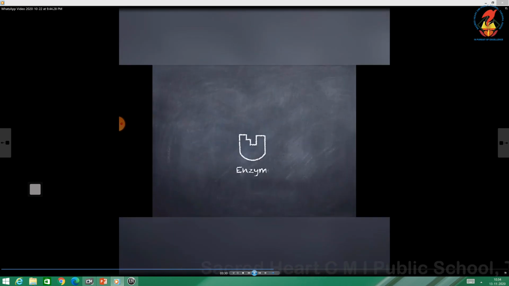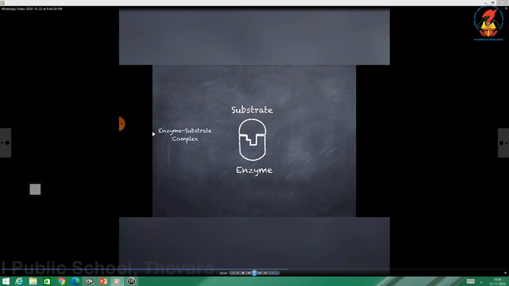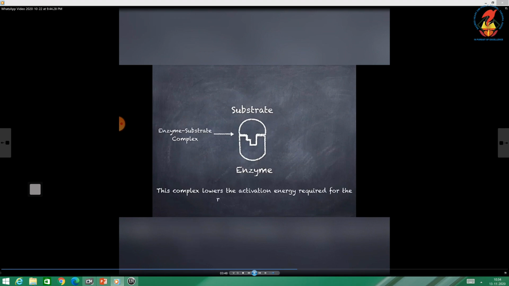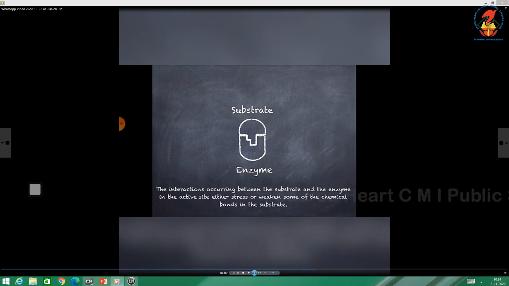Now we can see the formation of the enzyme substrate complex. This is the enzyme with the active site, just like the lock socket. Now the substrate like a key fits in to form the enzyme substrate complex, just like the lock and key. Now the specialty of this complex is that it lowers the activation energy required for the reaction to take place, and not only that, this complex or this interaction will weaken the bonds between the substrate,